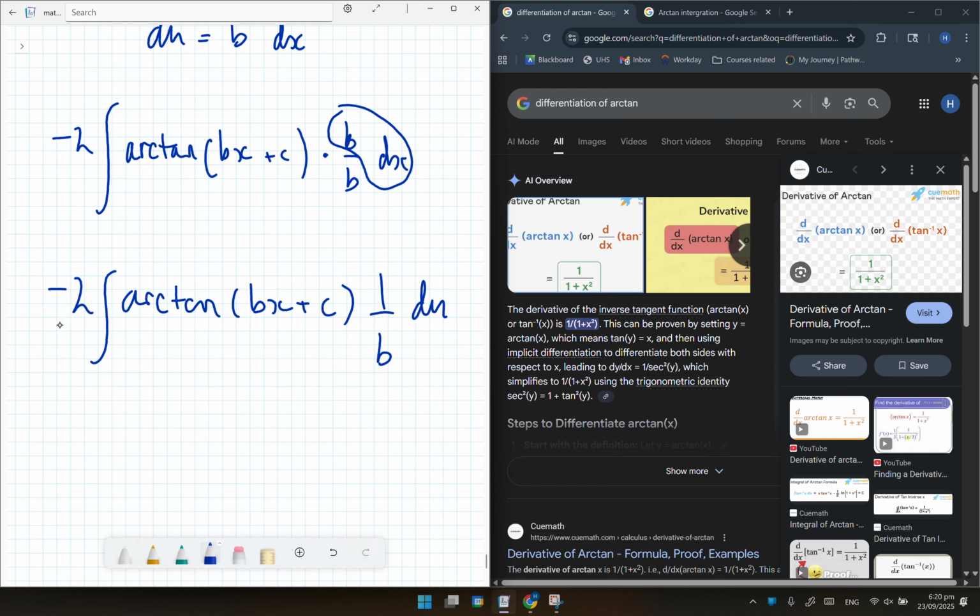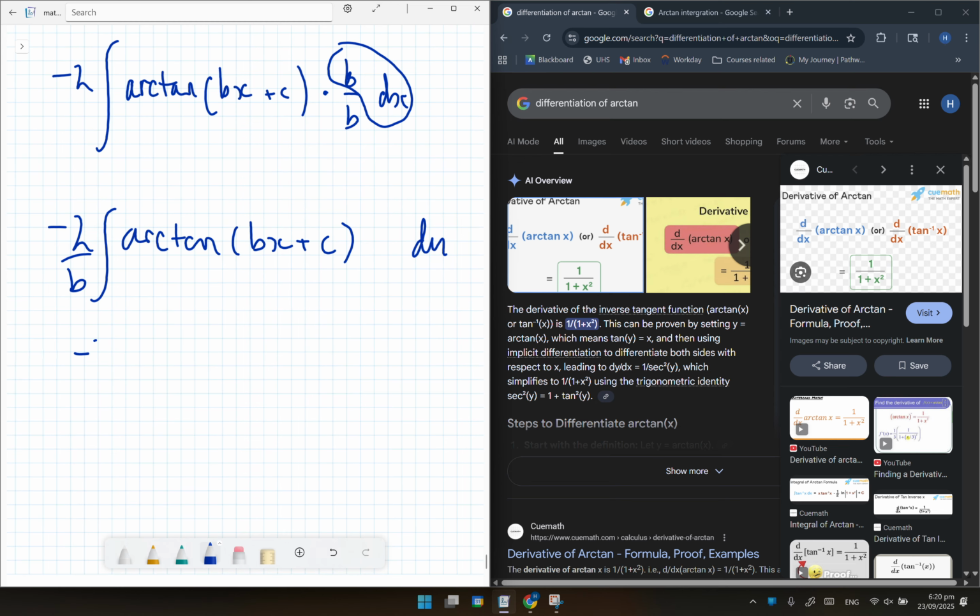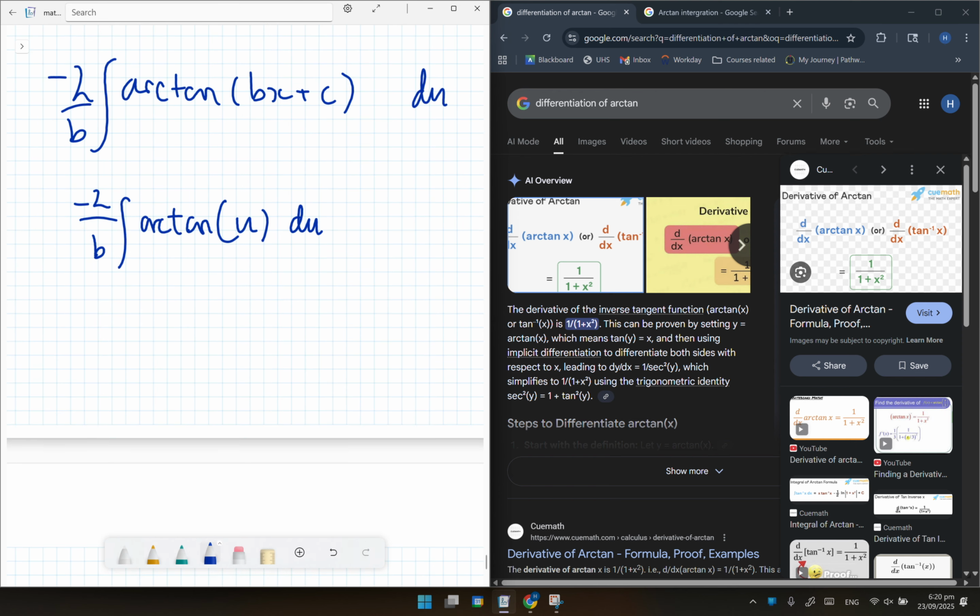This means we can take this b out and bring it here. There we go. And now, if we rewrite this with u substitution, it would be arctan u du. Okay, it's a lot simpler now. But remember, we still don't want to integrate arctan. Integrating arctan is a pain. We'd rather differentiate it. And so what we can do now is we can say this is,